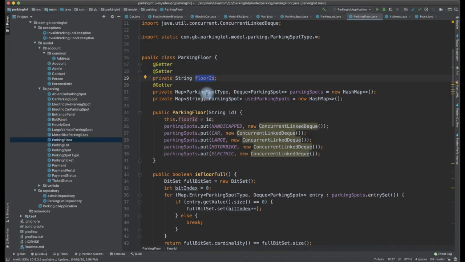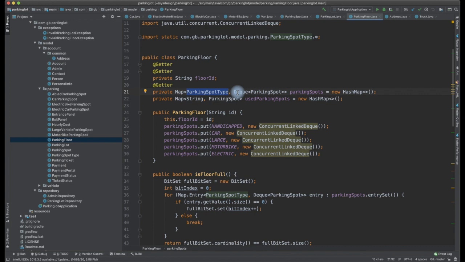So I have used a parking spot type and the list of parking spots. I have used deck here. Deck is a doubly ended queue. We will be able to insert from the front and remove from the front, and we should be able to insert from the rear and remove from the rear. Why I have used deck, I would be able to clarify at the time of explaining the methods.